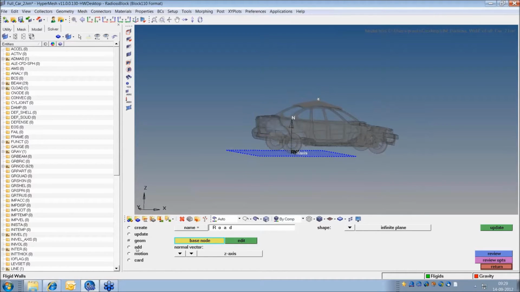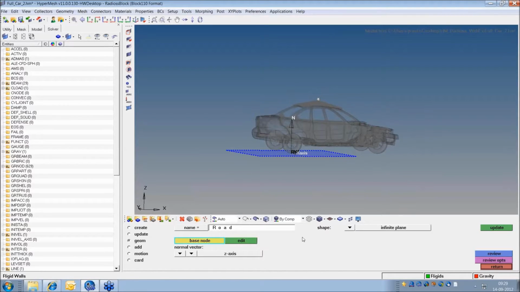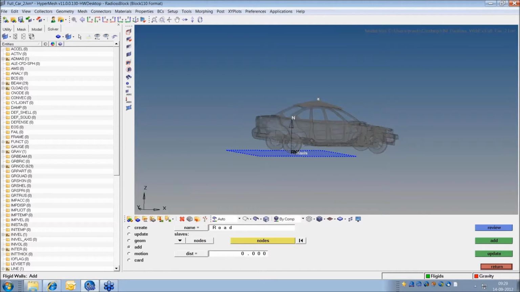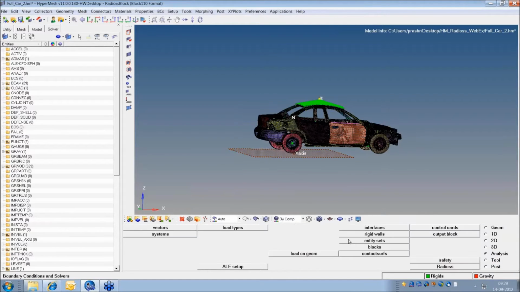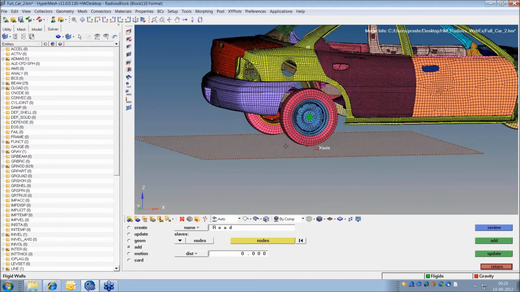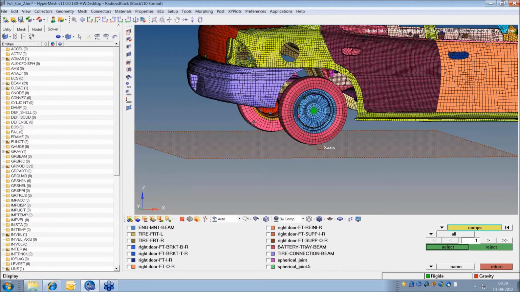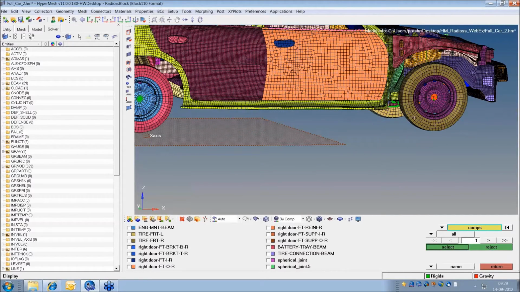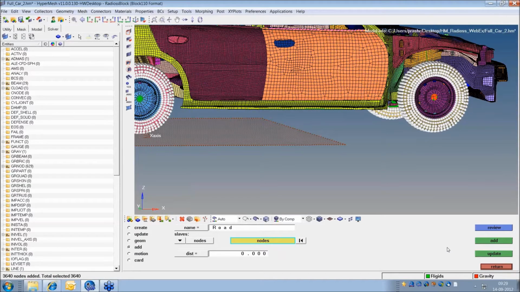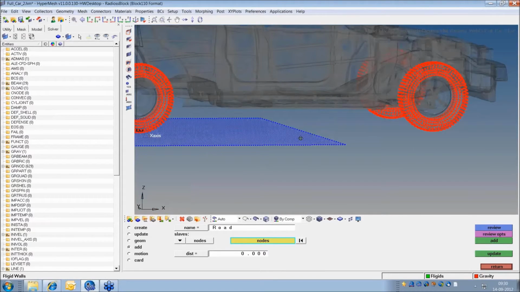Fine. And now I have to add the nodes by collector, select, add, review.